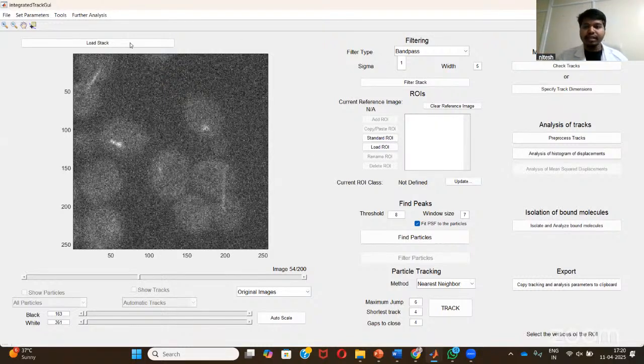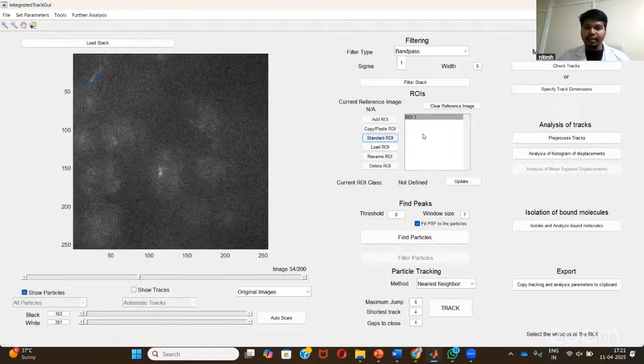For example, here if you see the plane, this is a yeast sample having cells at different cell cycle stages. Like this single dot represents cells at prophase, these are cells at metaphase, these are cells at anaphase with the spindle structure. Now I want to track my protein, for example, at the spindle. So we are going to make regions of interest around these spindles to understand the dynamics at this particular location. So here you can see I have made ROIs at the spindle.